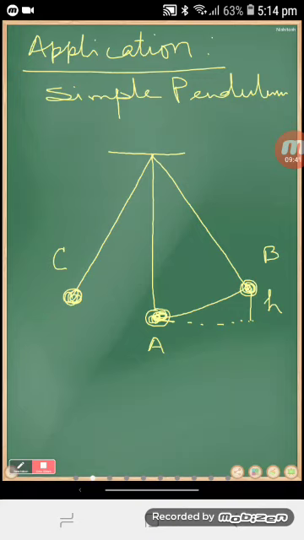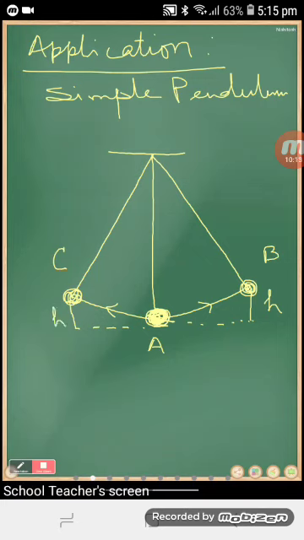In a natural practice also you will find, if you are taking the bob from the mean position to the position B, it rises by the height h. Now, as it rises by the height h, we'll start the oscillation from B, and then it will go to the other end C. While it is going to the other end C, again here also you will find it is going to rise by a height h.